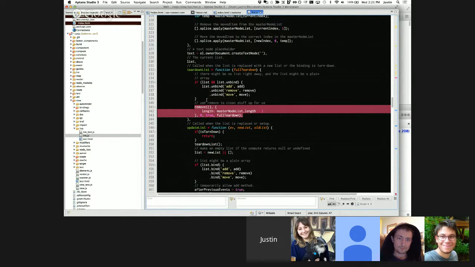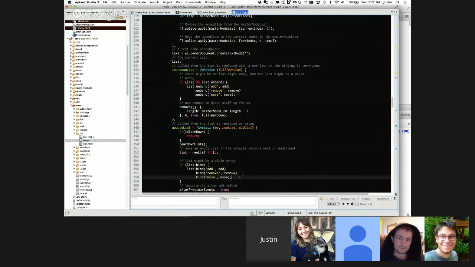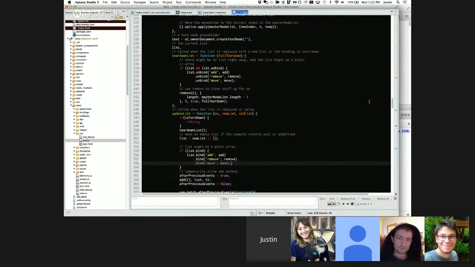What we're going to want to change is to do a diff, and if you can do the add in the right place at the right time, do that. But definitely, it's always going to need to unbind from the old list, and then bind on the new list. So we're going to have to kind of weave this code in here. I'm not sure what that's going to look like, but I want to first make sure that my assumption is right,